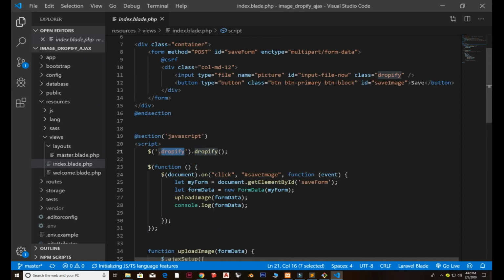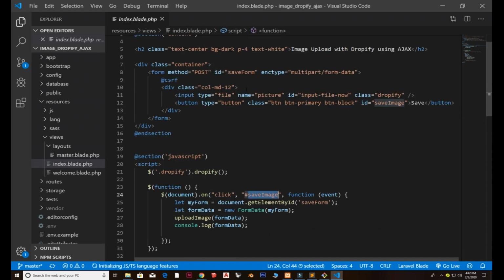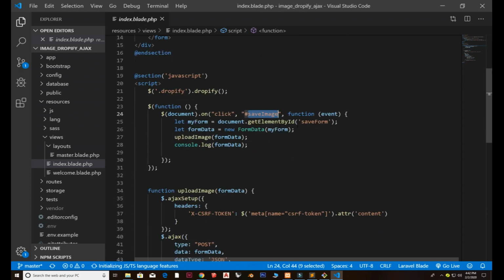And what you need to do once you go down and you see that once I click on this ID, save image, that's where I have on my button I apply this ID. And once you click on this ID, events work, and grab this ID save form, everything that we have in our form. We are using the form data, and this form data we pass as a property inside the upload